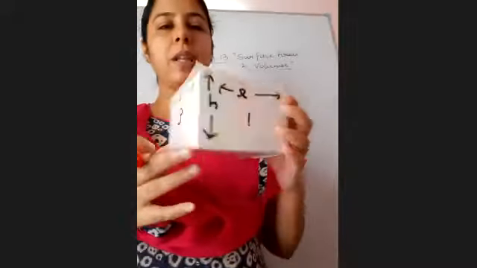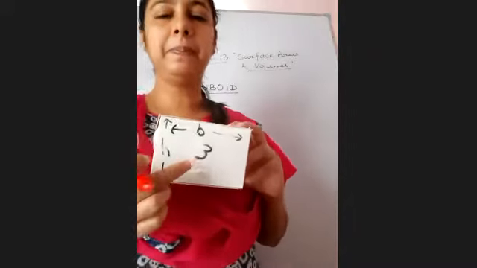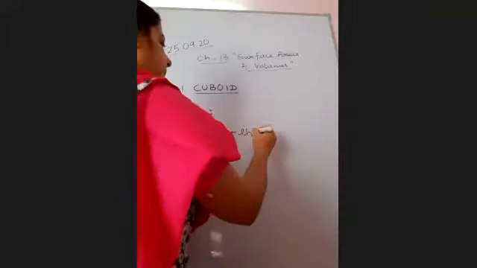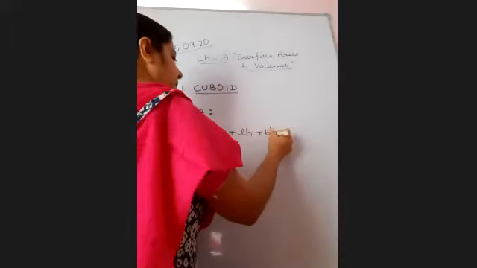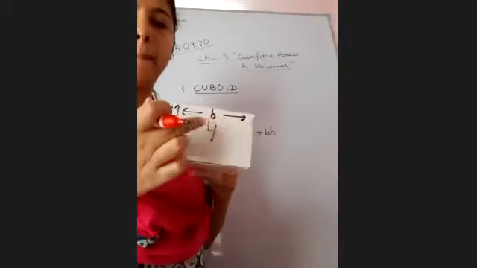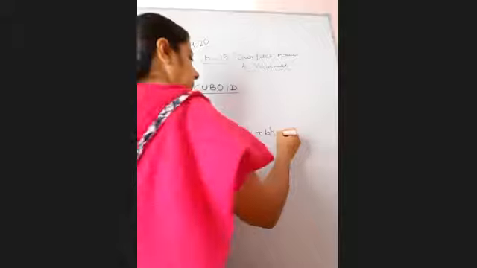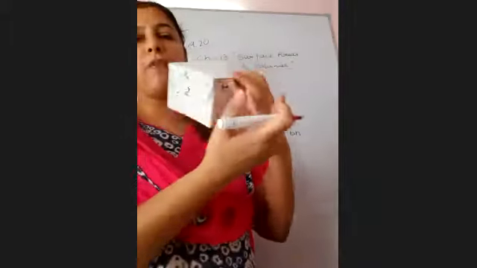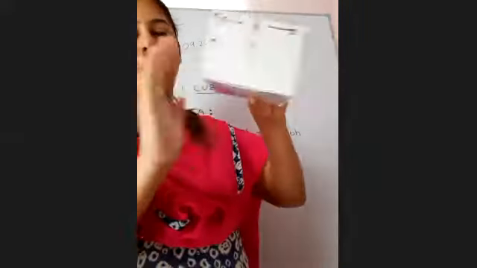What is the area of face 3? B into H. And what is the area of face 4? B into H. So these four faces, these four sides, which are forming the boundary